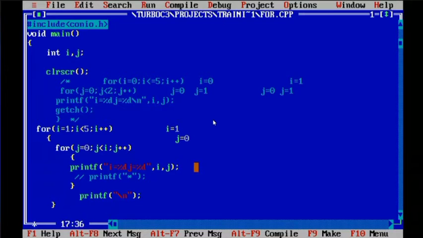From this, what output did we get the first time? 1 0. Clear? Yes, ma'am. If I don't have this, what would have happened? This loop is terminated, 1 0 got printed. Now the i value will be incremented to 1. We will enter inside. You neglect this print as of now.